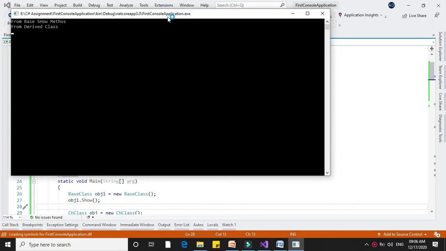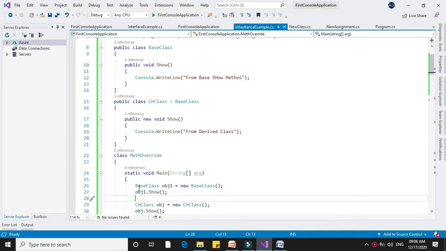If I create the object of both classes, the first time you will get from base class show method, and the second time we will get from derived class. That is, the base class method is overridden in the child class.